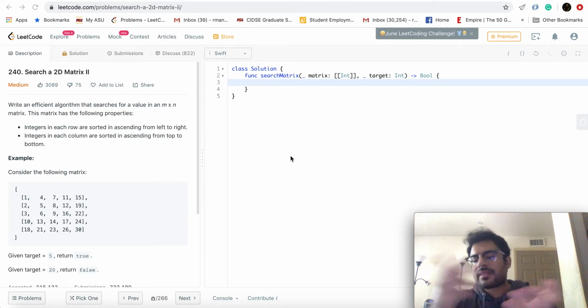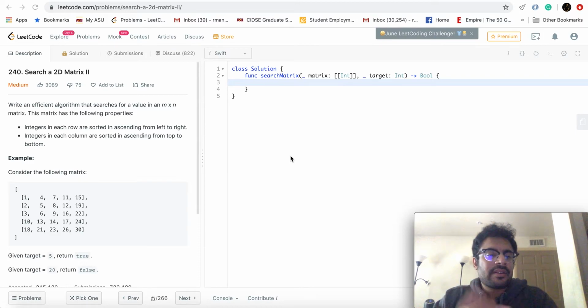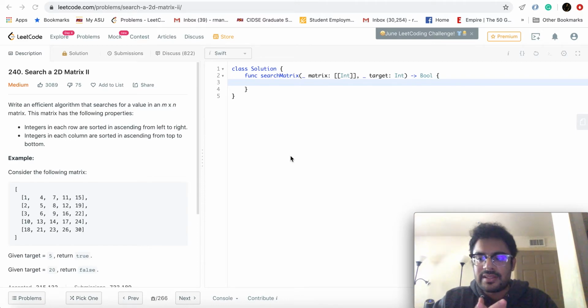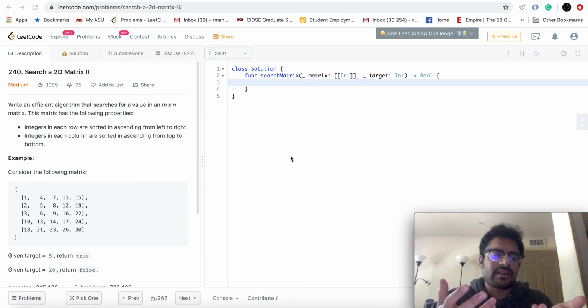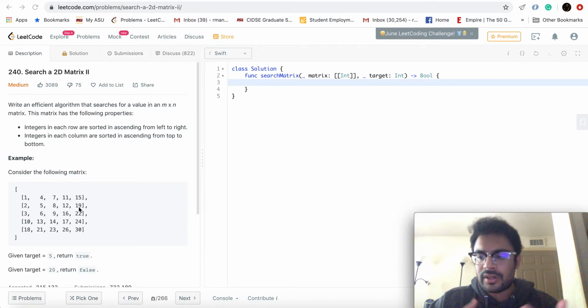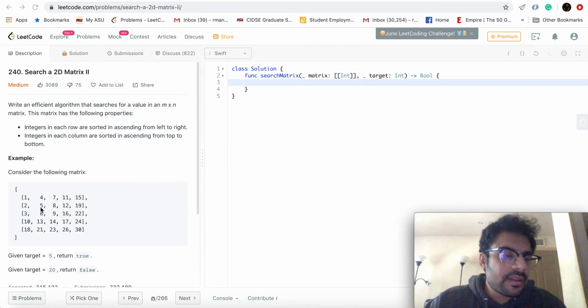Now, since this is sorted, at least for me, what strikes me first is that there could be a binary search solution, and there is a binary search solution, but I'm not going to present that because the solution that I like is much better, maybe not intuitive, but just so elegant and simple and easy to understand. There's, I think, also a divide and conquer strategy to solve this, and probably one other. Anyway, we'll get started with the solution that I like.